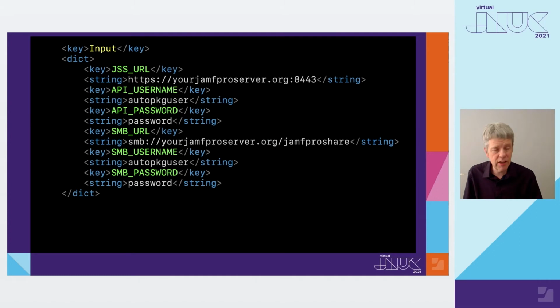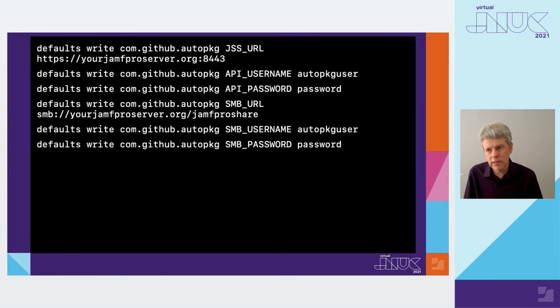So, how do you specify the Jamf Pro server info? Well, one way is to add the necessary input variables to each recipe. Since you are likely to have many packages you wish to upload, this could become quite tedious. Another method is to make these variables available whenever AutoPackage runs by adding them to AutoPackage's preferences. The defaults write command here is your friend. All 6 of these commands are one-liners. As mentioned earlier, if your Jamf Pro server is in the cloud, you only need to set the first 3 variables. Every example we provide from here on out will assume that these values have already been set.